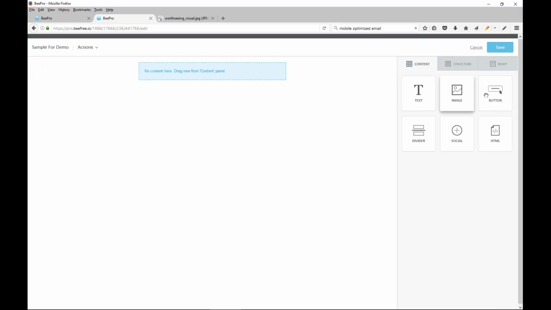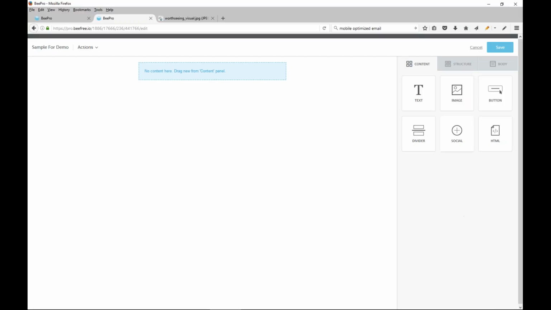That can be text, image, or a button, and it has a very nice way to generate buttons that are not actual images, and that way they will show up in render even if people have image suppression turned on. Of course, I can add a section for social, and it does allow me to add my own HTML. Sometimes there are widgets you can get on the internet, like a countdown timer. Sometimes you may have seen me add, for instance, where there's still time left on a promotion, a little countdown timer that automatically shows you how much time is left. That's a little widget that can be dropped in as HTML code, and those are readily available in different places